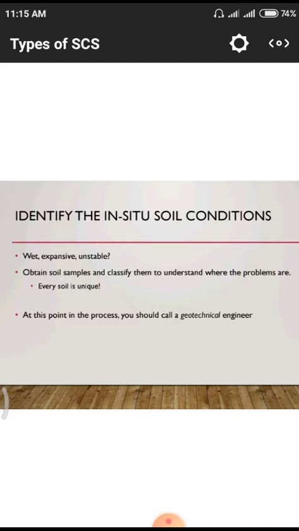At that point in the process we have to go to the geotechnical engineer. The geotechnical engineer will observe the site conditions, whether it is a sloping area or a marshy area, and then give some precautions so that you will get the required strength. For example, for black cotton soil with that granular size, we may have to go for lime stabilization, soil bitumen stabilization, or chemical stabilization. According to their perspectives and views, we have to go for those conditions.